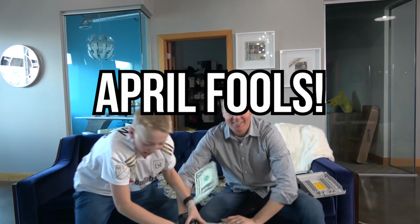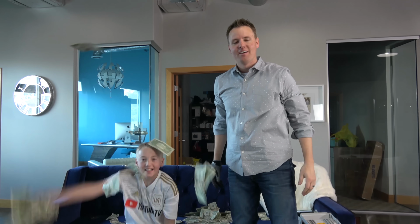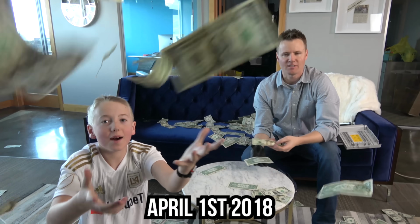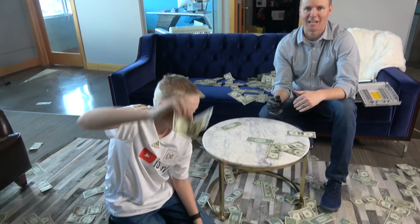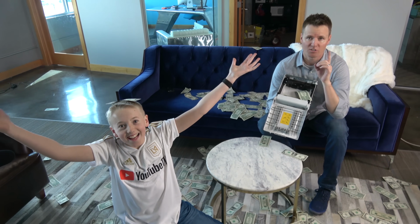April Fools! Yes! No, we're not gonna steal an ATM. This is our own ATM, and this is our own money that we put in the ATM. It's April Fools. It's April 1st, 2018. This is real money though, so Lincoln, we've got a bunch of $1 bills to pick all this back up. We did have a lot of ones in here, but if every one of those ones were 20s,